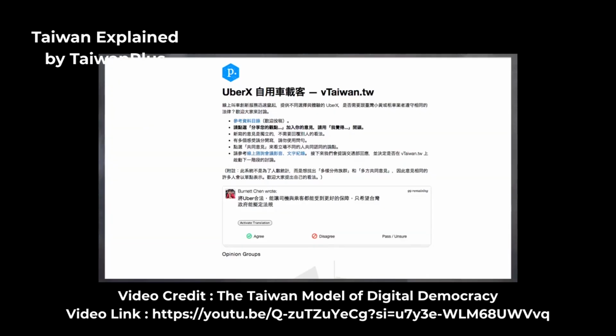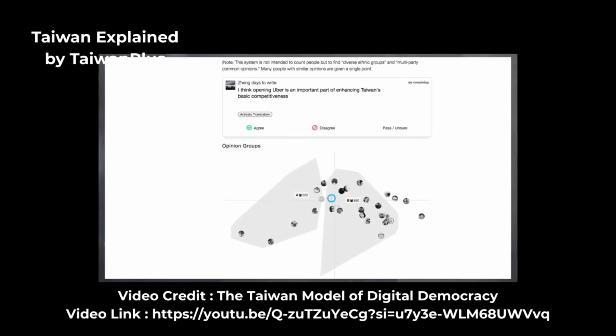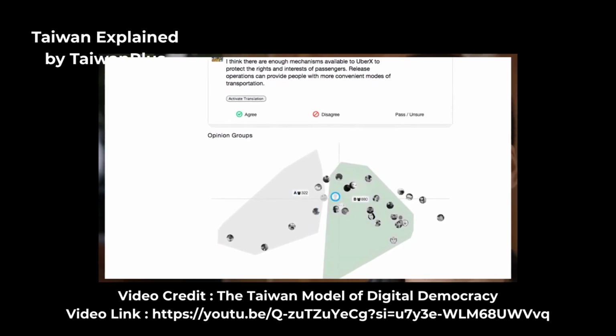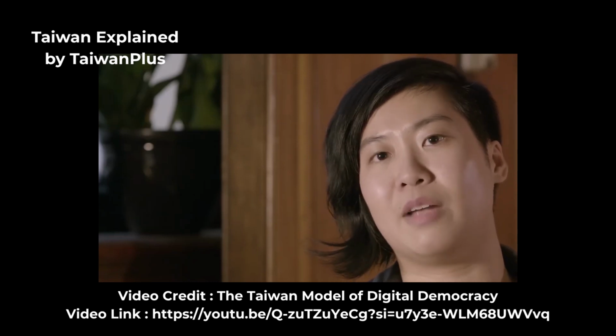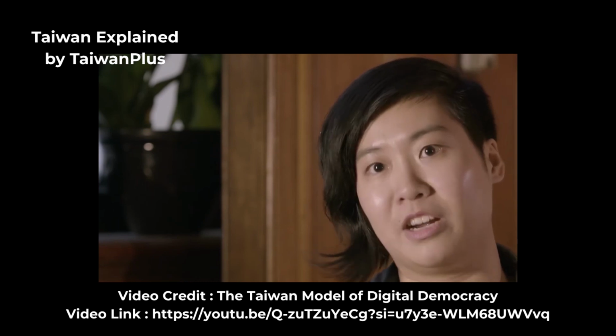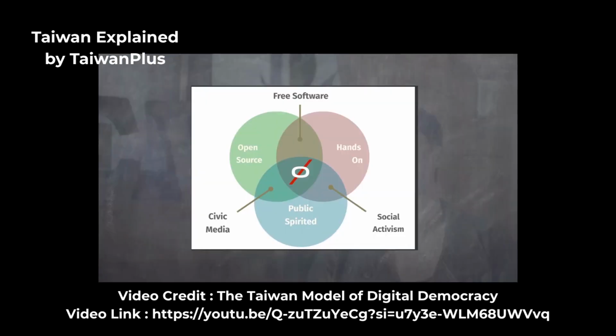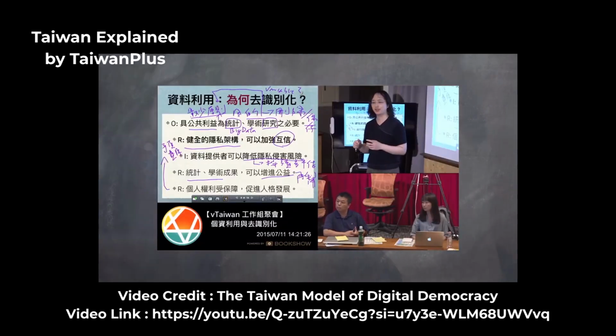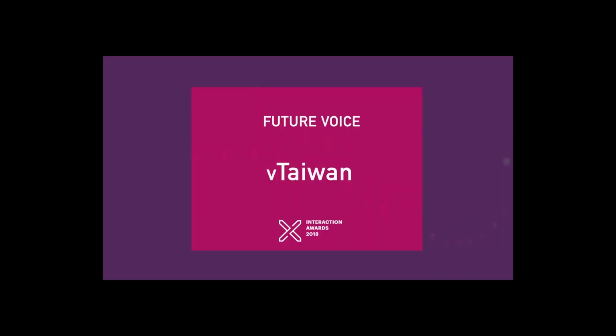A special piece of software known as Polis is used to visualize the consensus clusters that have emerged among the citizenry. And based on that, lawmakers and stakeholders work back and forth to figure out what the core consensus points are. The specific points that reach broad consensus among the population are then actually adopted by the government and passed into law. This is such an amazing example of how technology can actually be leveraged to show how we can come together instead of disagree.